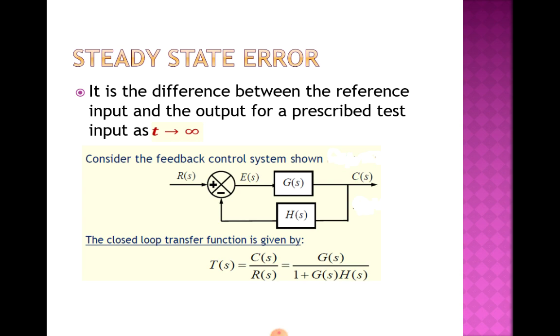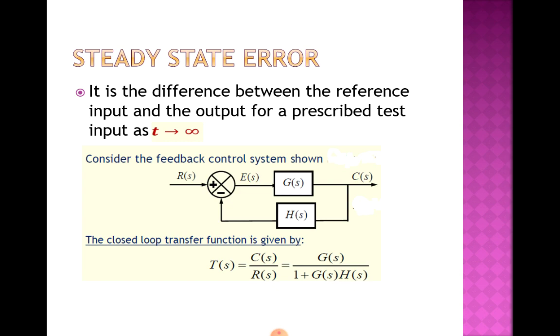So once we derived the step response of a second order system, we have developed the expression for the output equation, and we have drawn the output response of a second order system for step input. Once it reaches steady state, there may be a difference between the output and reference input, that is called the steady state error.